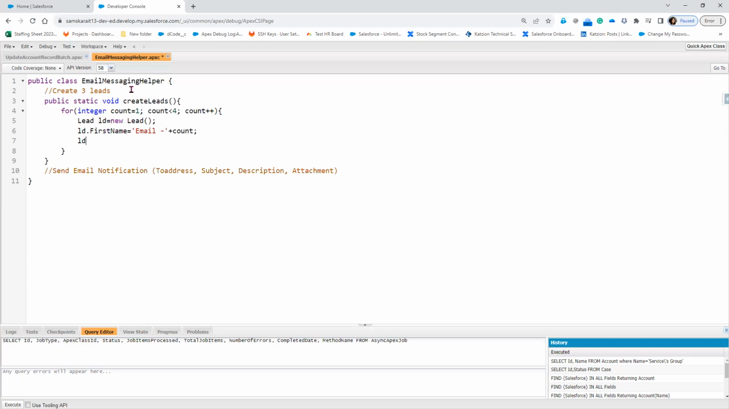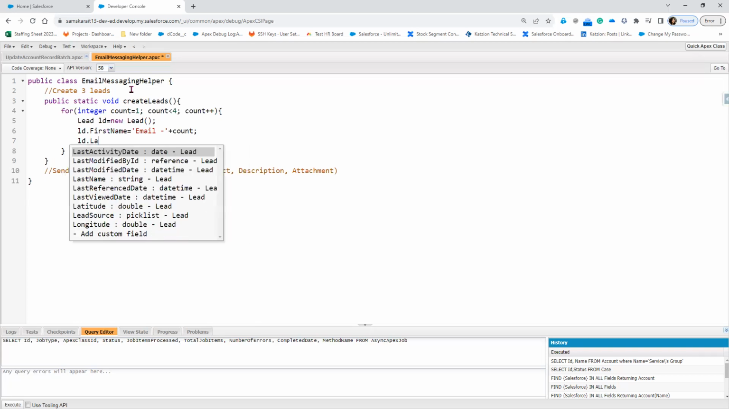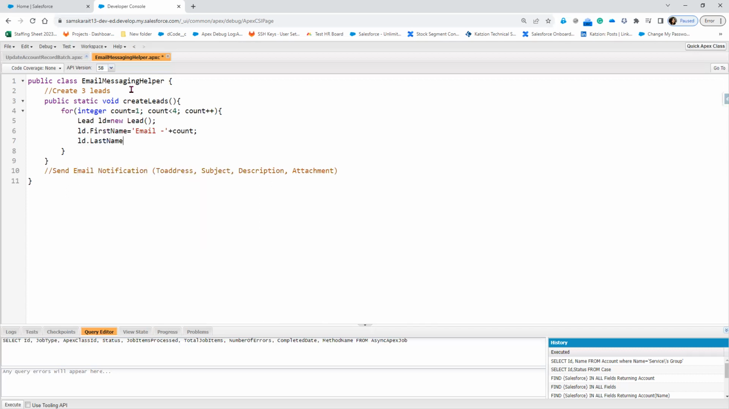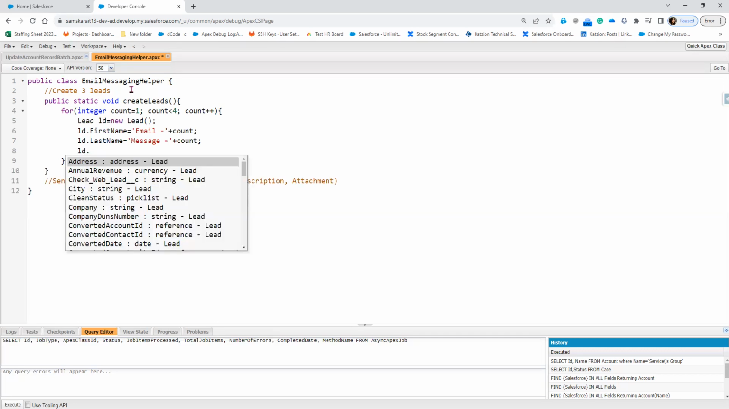LD.lastName equal to message + count. Just to differentiate, all the 3 lead records should not be the same. Otherwise, it will say duplicate lead record issue. Right? LD.email